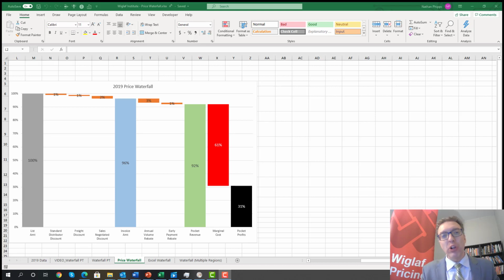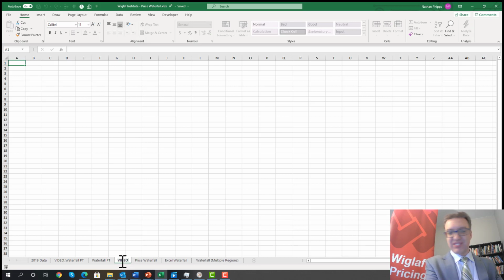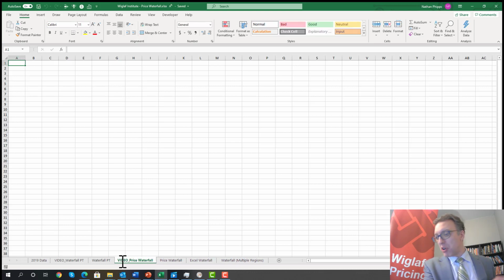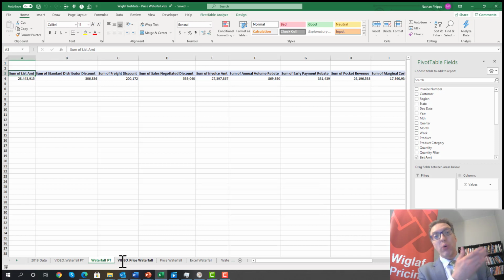Okay, we have all of our data in a pivot table. So now let's go about actually creating the price waterfall chart. I'm just going to start from scratch right here. And we'll just call that video price waterfall. Okay, the first thing you want to do is head on over to your waterfall pivot chart, or if you